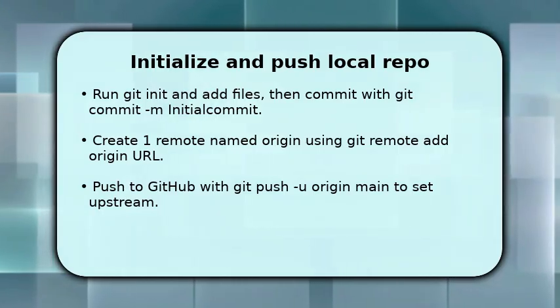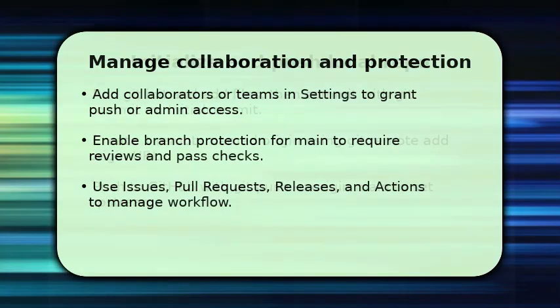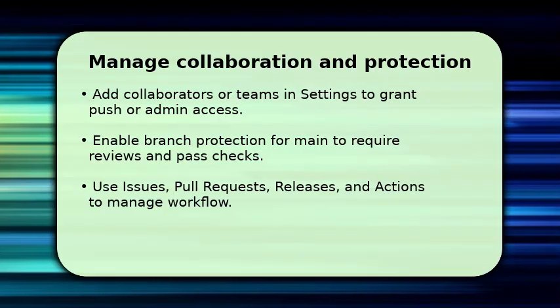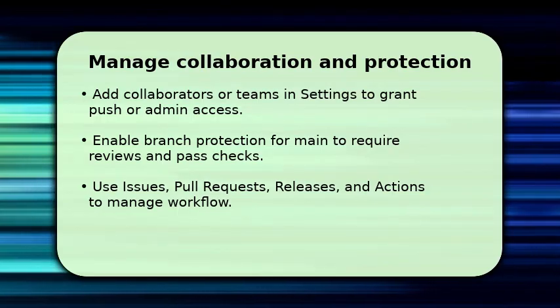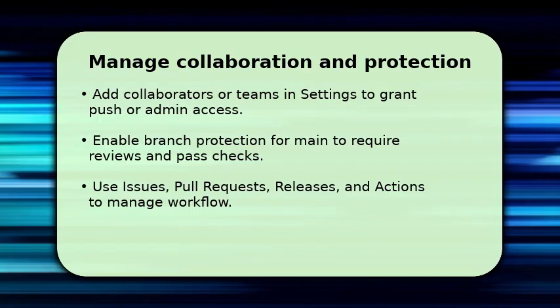Open the repository settings to manage access and collaboration options for contributors. Add collaborators or connect teams to grant push or admin privileges using specific GitHub usernames. Configure branch protection rules for main to require pull request reviews and passing continuous integration checks before merges. Use issues to track tasks and bugs, and use pull requests to review and merge changes. Create releases for version distribution and enable actions to